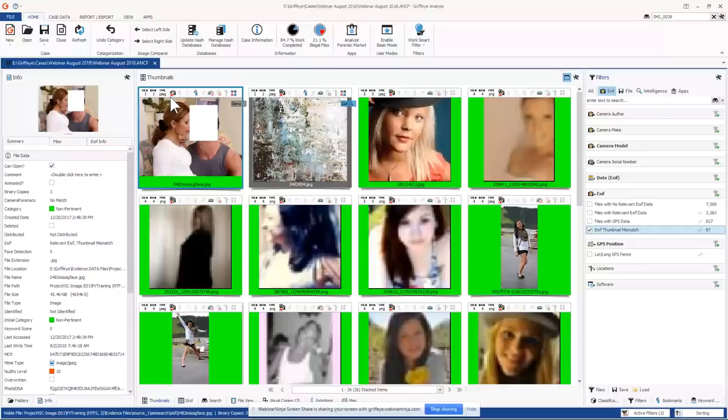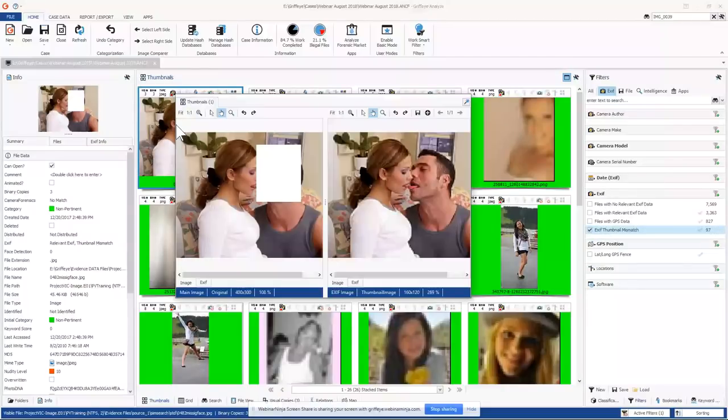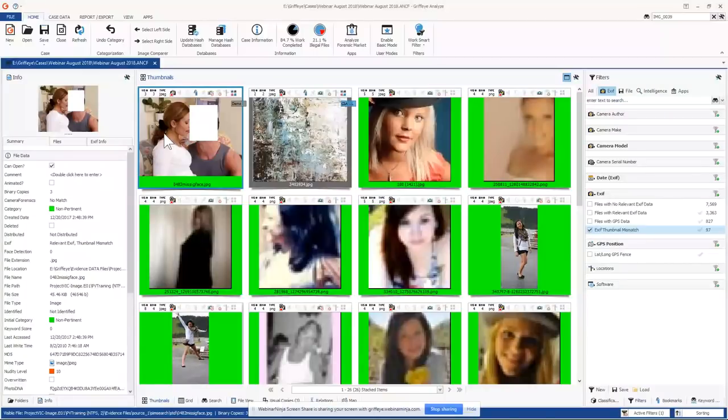As you can see in this example, there's a little red box, and anytime I see a thumbnail header icon with a red box, it indicates that there is a mismatched EXIF thumbnail. So if I want to look at it, I just select the box again, and it's showing me the EXIF thumbnail image on the right-hand side. This is what's embedded in the file, and here's the image that the offender or whoever has modified so you can't see it. So that's an excellent feature right there.